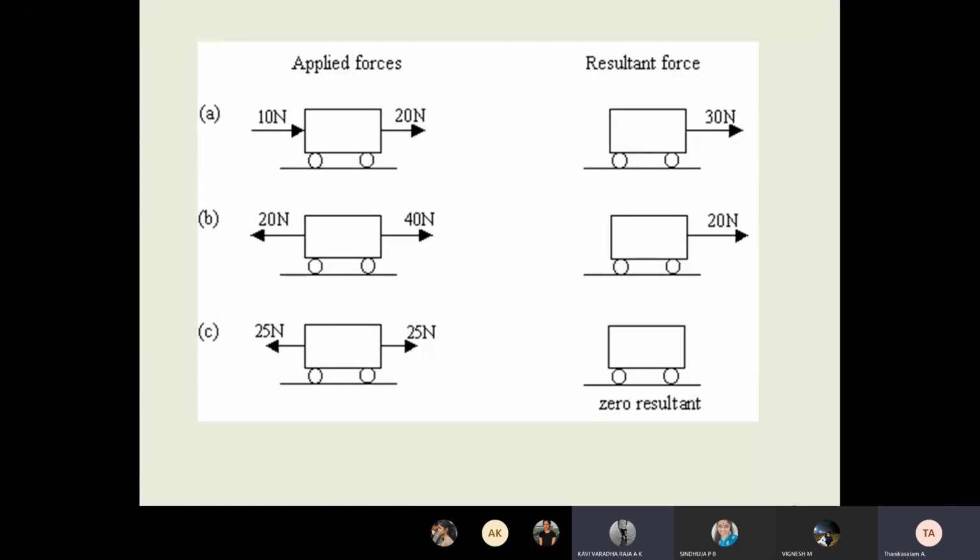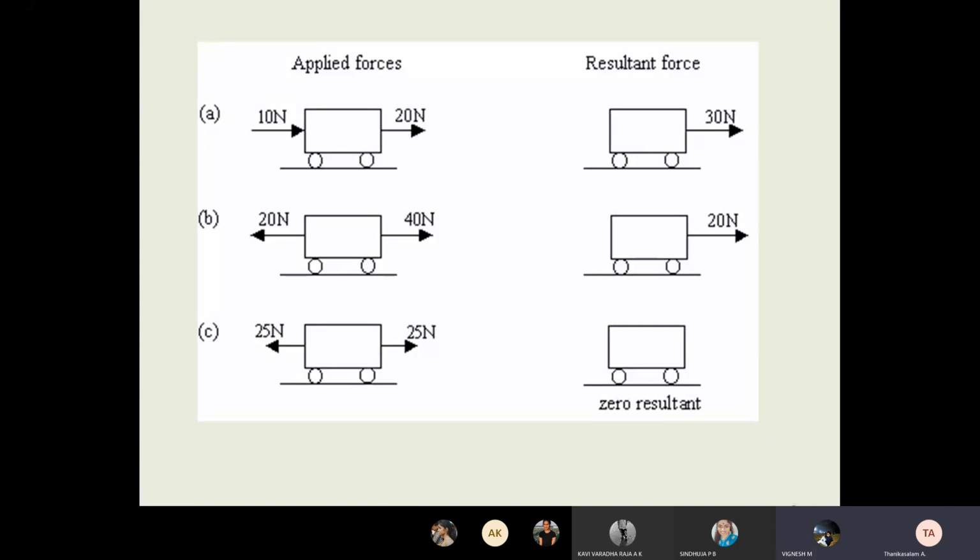Okay, your voice is breaking. Viknesh, can you tell me? See, 10 Newton acting, 20 Newton acting, we found the resultant. What is the equilibrium statement? Resultant force must be 0. Here the resultant is not equal to 0. Understand? The 30 Newton resultant is acting on the body. Now I want to bring this body into rest condition. Therefore, what should I do on this picture now?